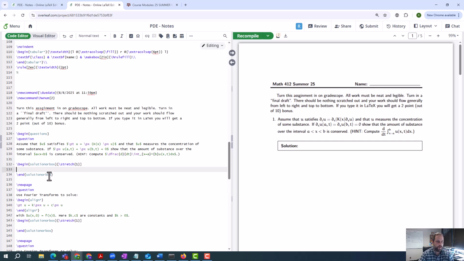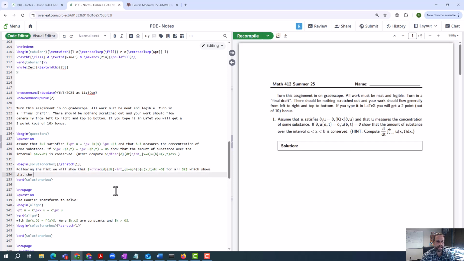So following the hint that the excellent instructor left, we will show that this equals 0 for all t, which shows that the integral is constant,